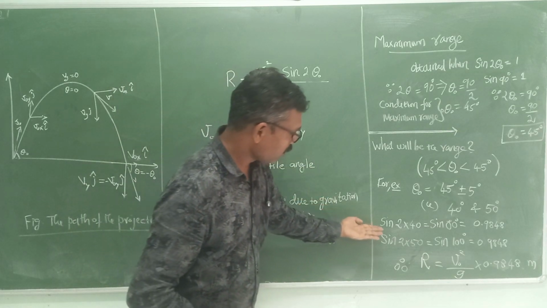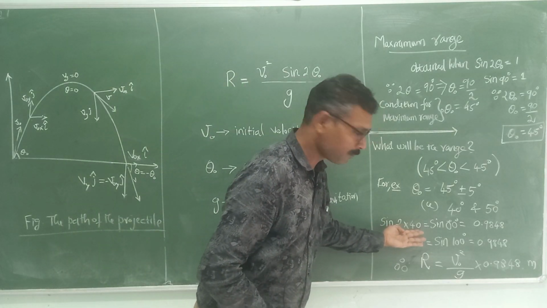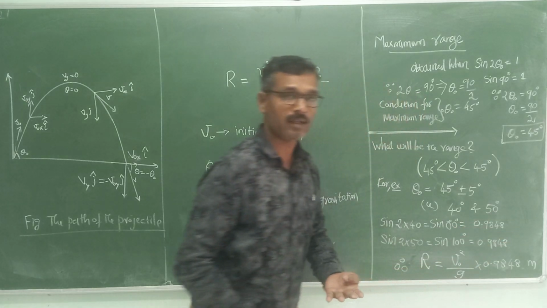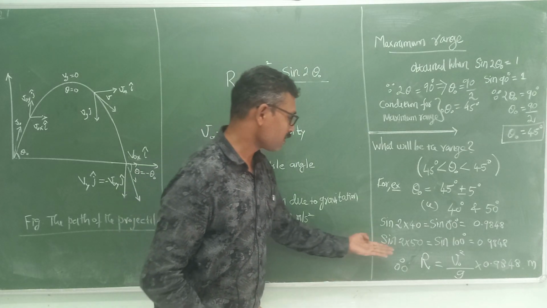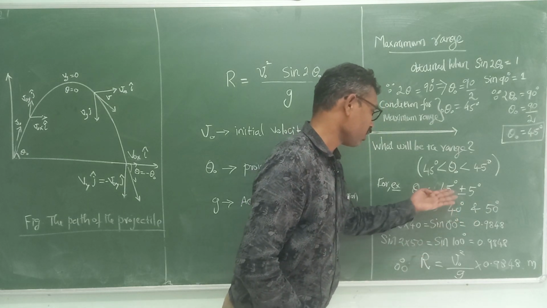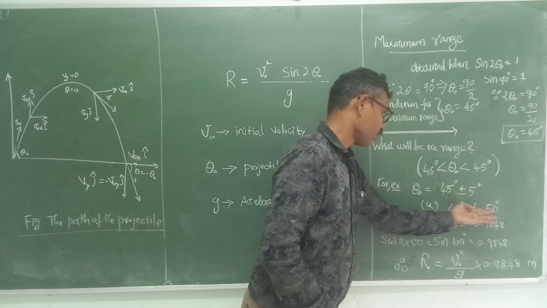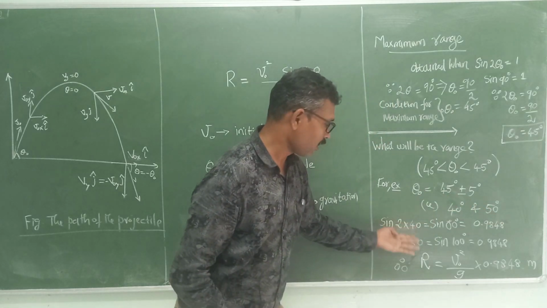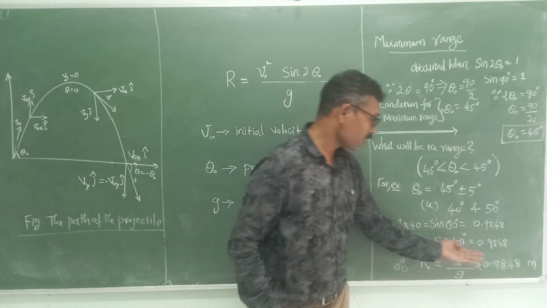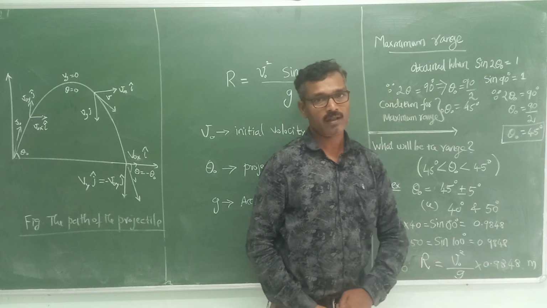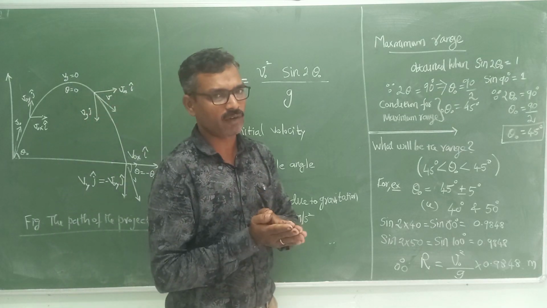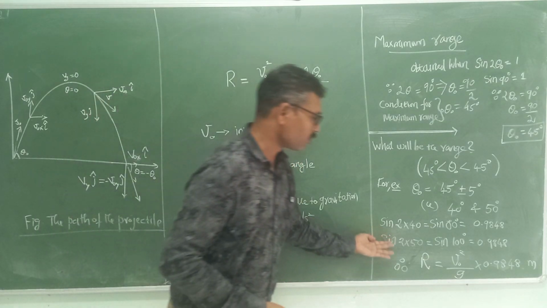Let's see, sine 2, instead of 45 I put 40. So sine 80 degree gives 0.9848. That's the value for sine 80. Here again I am going to replace 45 with 50 degree. So 40 and 50. Let's see sine 100. Interestingly, sine 100 also has the same value, 0.9848. So whenever you change by an equal interval, less than 45 or higher than 45, and substitute, all give the